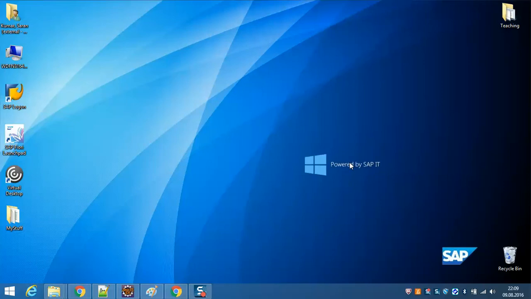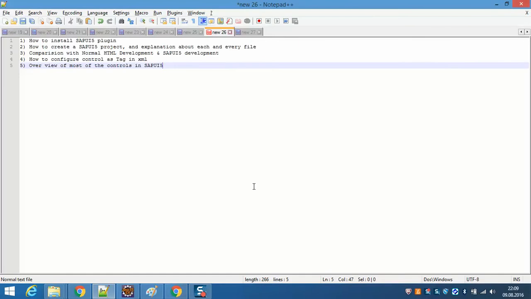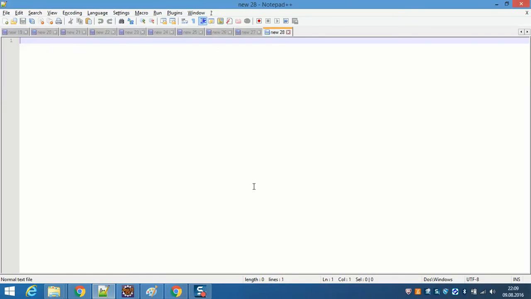Welcome to the SAPUI5 tutorial for beginners. In this tutorial we are going to have a look at the different controls available in SAPUI5. Before looking at these controls,